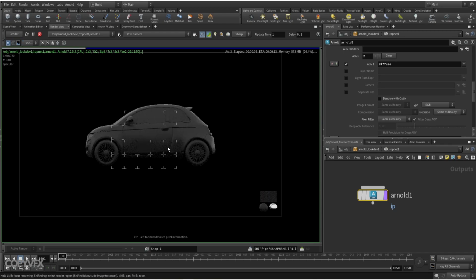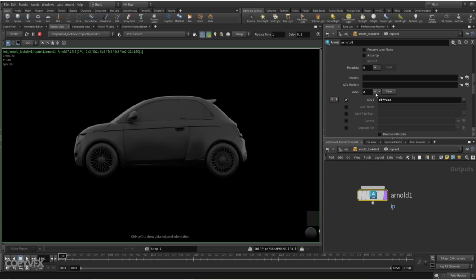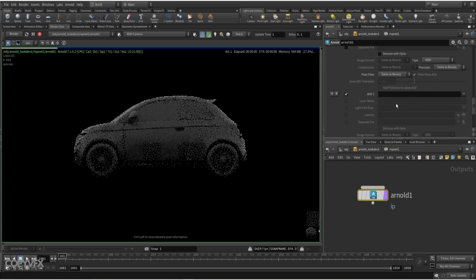These will give us the contribution, and to identify if you want to further go and check for the direct and indirect contribution, we can give diffuse direct and diffuse indirect, stuff like that. We can add occlusion, and